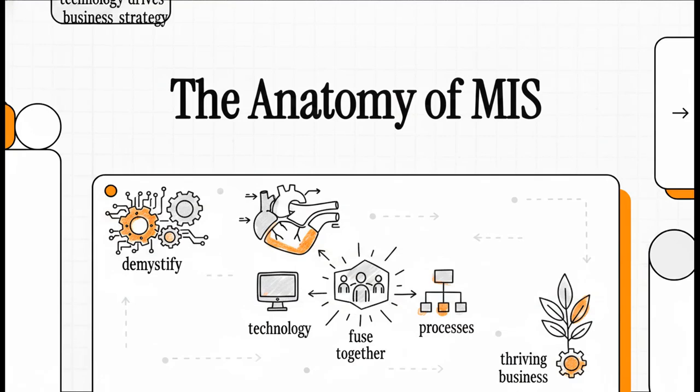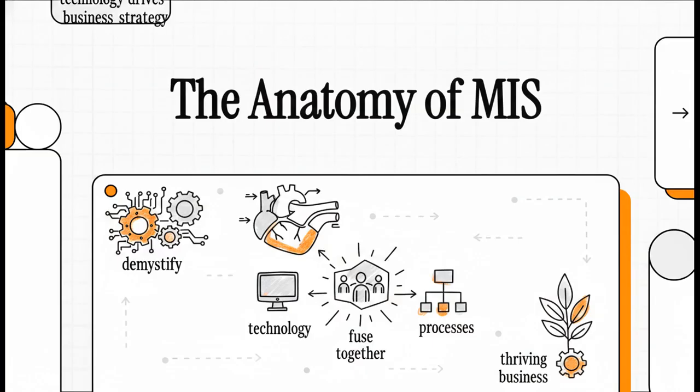I am so thrilled to have you here today because we are going to demystify something absolutely critical to the modern world. We constantly hear these buzzwords about how technology drives business strategy, right? But what does that actually mean under the hood? Well, today we're taking a scalpel to the modern enterprise to examine its very anatomy. We're going to look at exactly how technology, people, and processes fuse together to keep a business not just running,